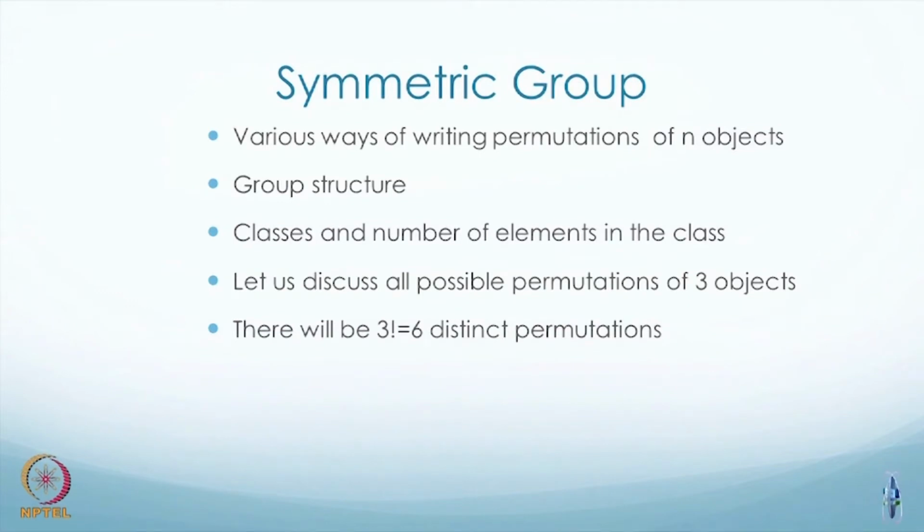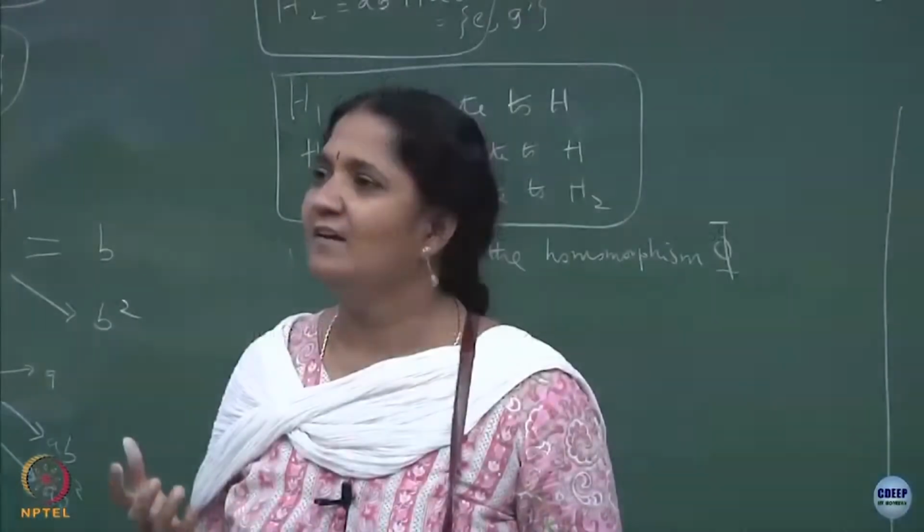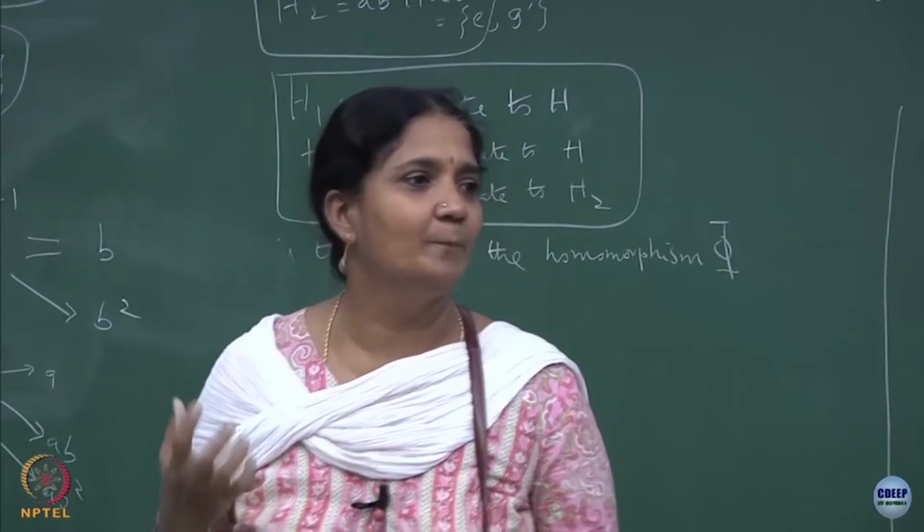If you have n identical objects, I give a tag to it as 1, 2, 3, 4. I can take object 1 and object 2 and exchange, or I can take object 1 to take the object 2 position, object 2 to take the object 3 position, and object 3 taking the object 1 position. All possibilities are there. How many possibilities are there? How many permutations can you do with n objects? N objects, n factorial. Why are you all hesitating? N factorial exchanges or permutations.